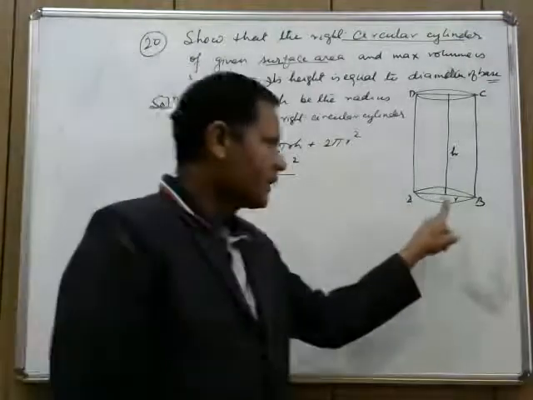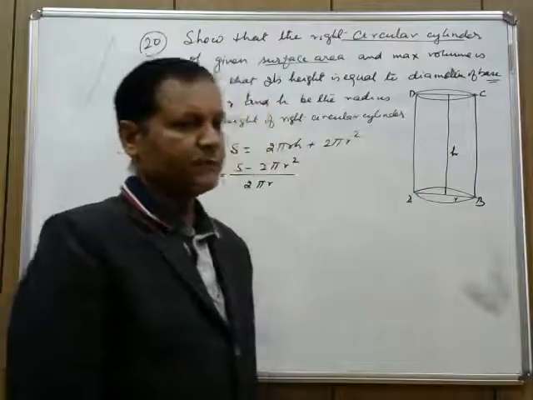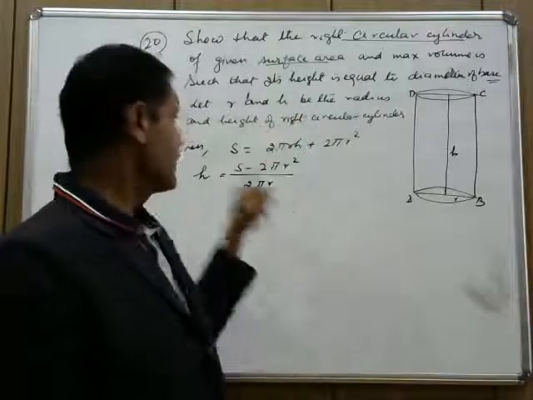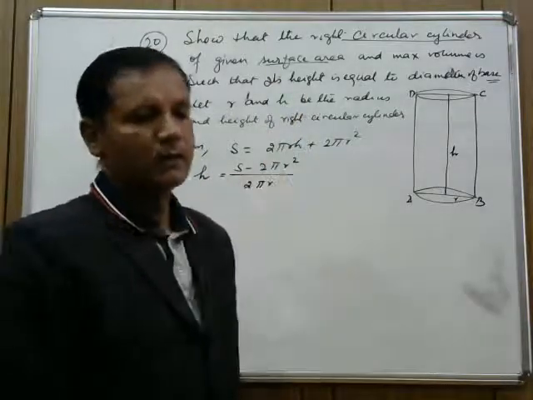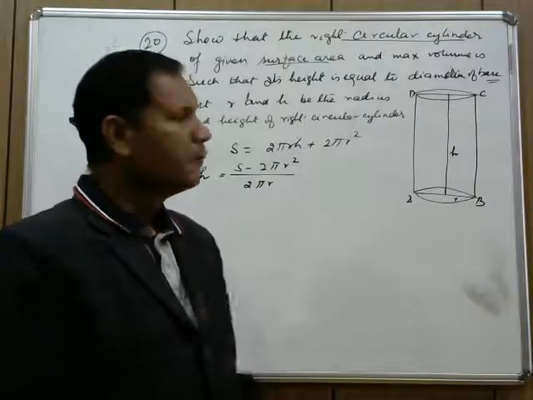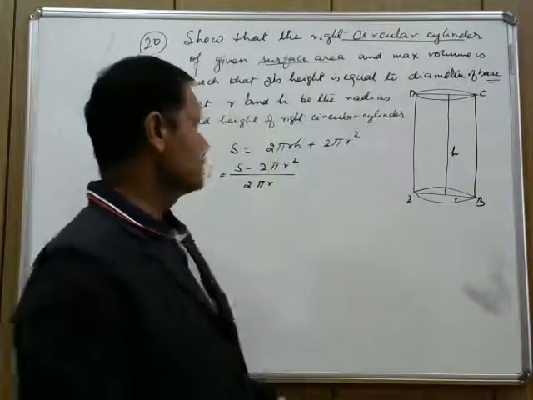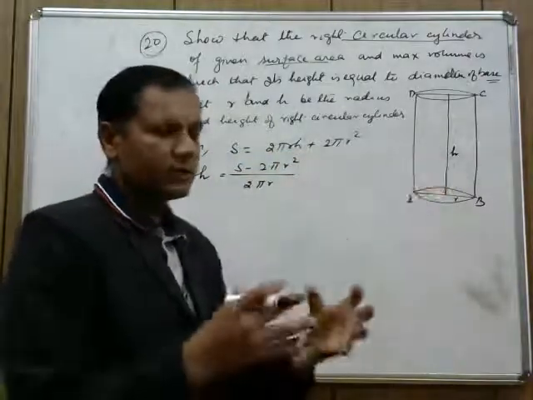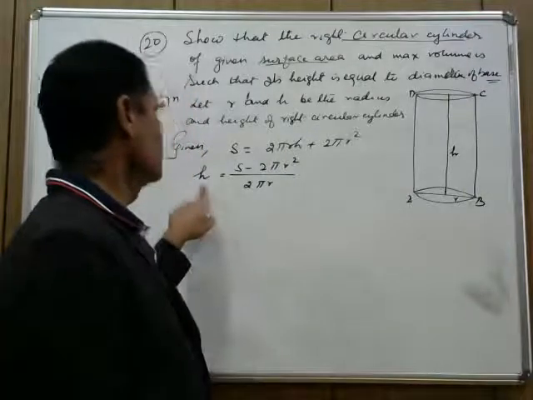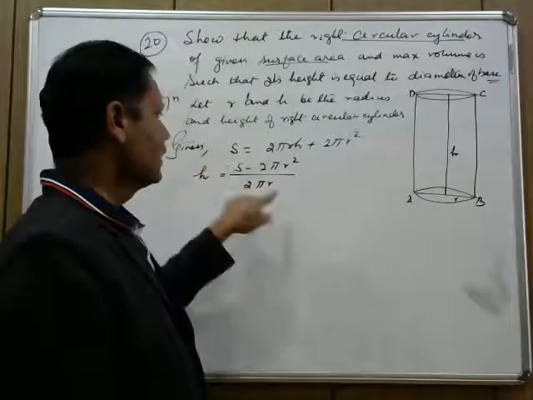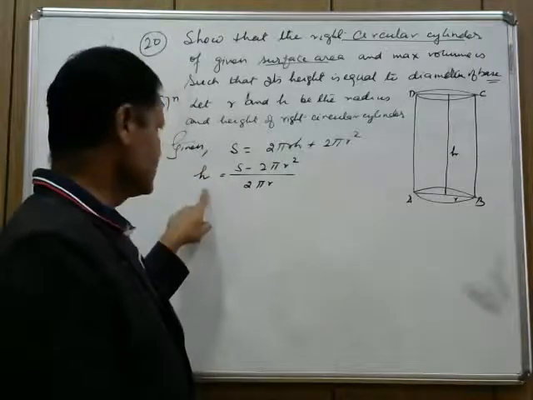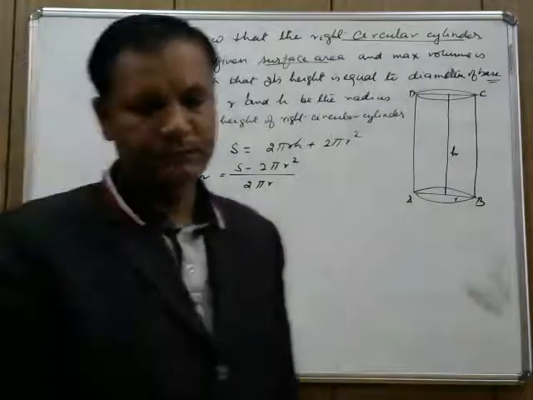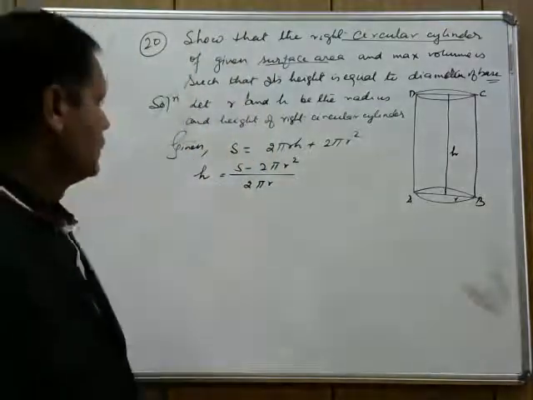Because here I have taken two variables r and h, and with surface area S given, we will have three terms. It will be difficult. That's why minimize it. How am I minimizing it? Whatever is given and whatever I have assumed, r and h, I try to convert into one variable. That means I replace h using the given S and the one variable r. Therefore, now h is equal to (S minus 2 pi r square) upon 2 pi r. Right? Now, this is the given part.